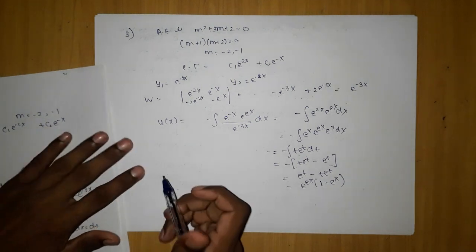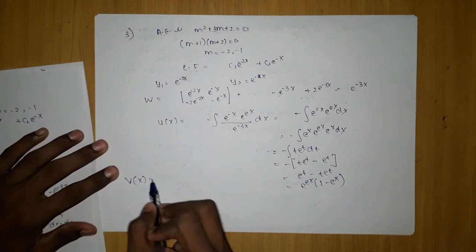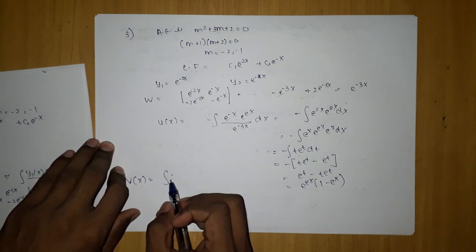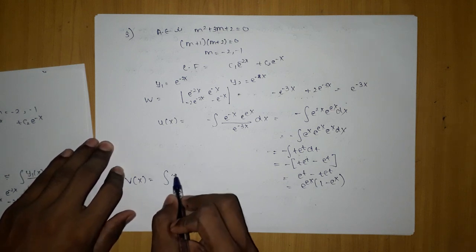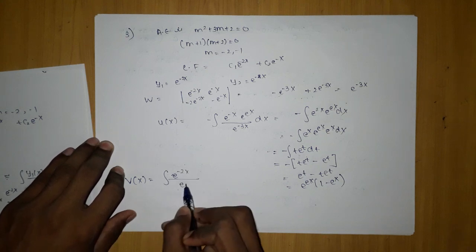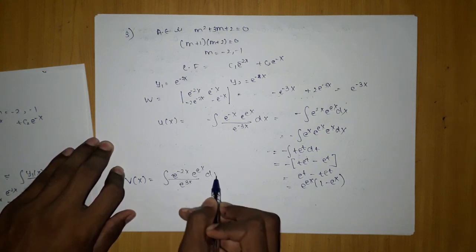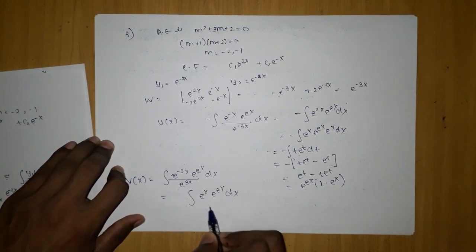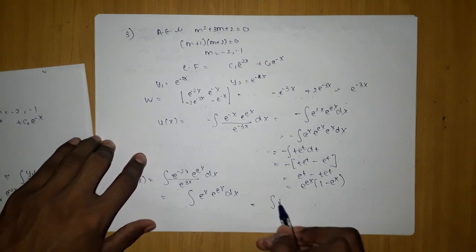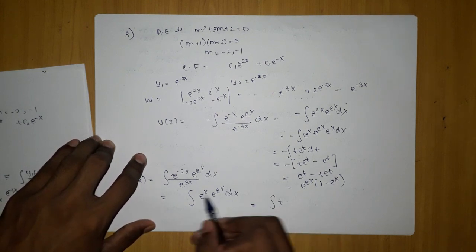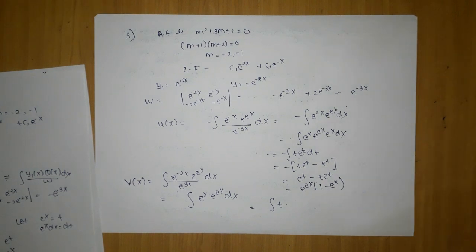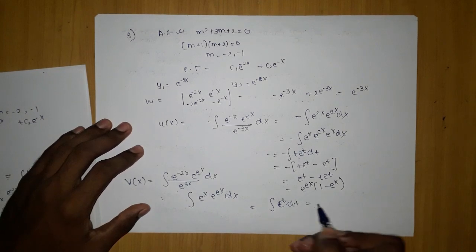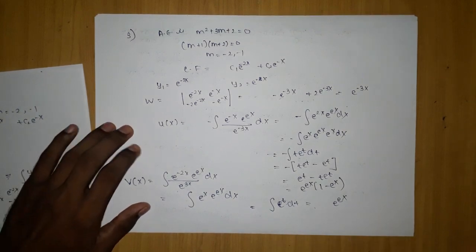Now what we are going to do after this, we are going to find v of x. v of x is nothing but the integral of y1 into q of x dx by W. So y1 in this case is minus e to the power 2x, e to the power 3x into e to the power x into dx. If we simplify, we are going to get e to the power x, e to the power x into dx. So here it became more simplified. If we take this t, this will become dt and this will become e to the power t. Agree? So our things have just got simplified. So e to the power t into dt is nothing but e to the power x only. So we got the same thing.